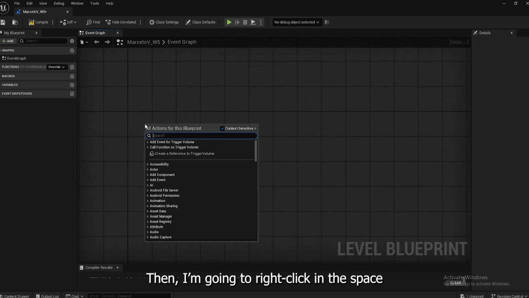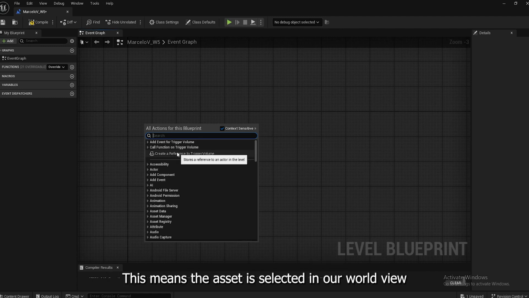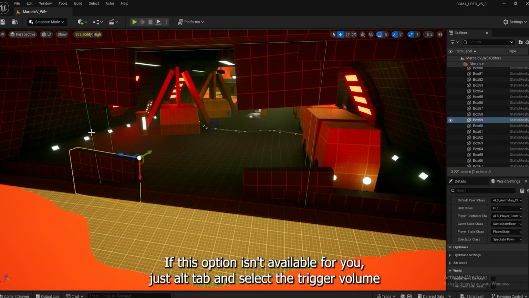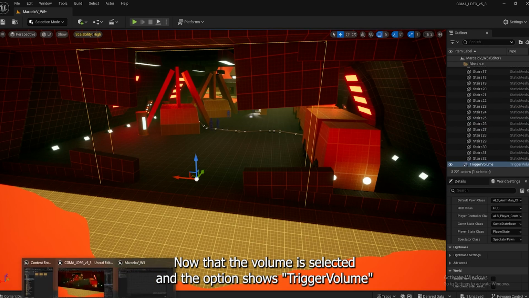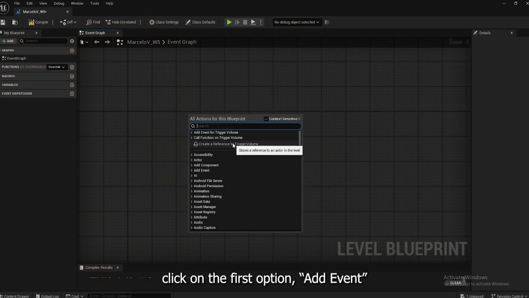Then I'm going to right click in the space, and as you can see, there is a create a reference to trigger volume as the third option. This means the asset is selected in our world view. If this option isn't available for you, just Alt Tab and select the trigger volume. Now that the volume is selected and the option shows trigger volume, click on the first option, Add Event, then